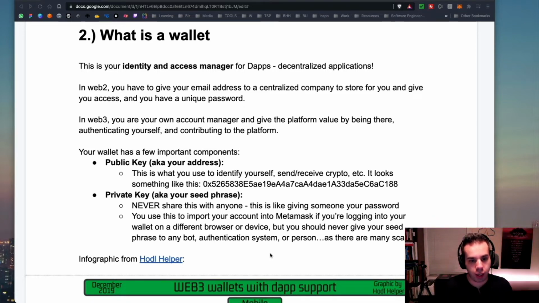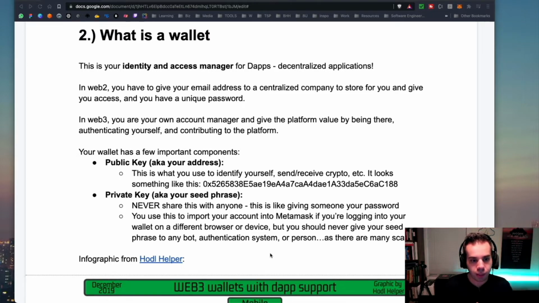You might have a store of value, which might be data in your wallet, that you give to the website to authenticate something or prove you are who you say you are. You might also have cryptocurrency or assets in there, such as an NFT, crypto, or some sort of monetary asset, that allow you to make a payment through a protocol or a dApp. So it's really just your account manager that allows you to authenticate yourself, contribute to the platform, and give it value.